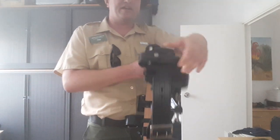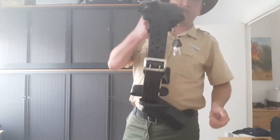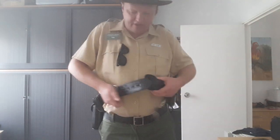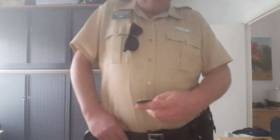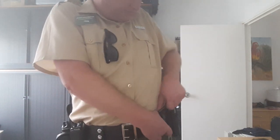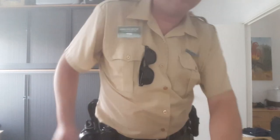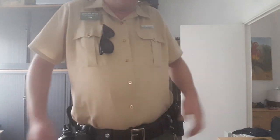So here it is. So again, here I have all the holsters on my duty belt. So this is my whole setup. It weighs quite a few pounds because of all the equipment, but it basically has everything that I need. So I'm going to put it back on again. Put the belt back. And then you put the belt keepers around. Two on the front. And two on the back. And there we go. Now I'm all prepared